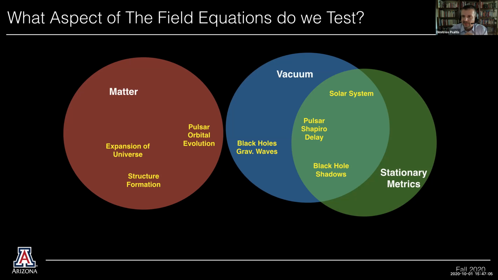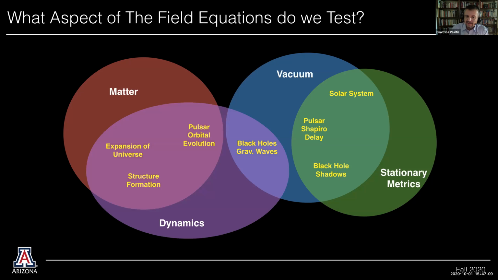It's independent of time. The metric around the sun doesn't change in time, whereas other tests talk about dynamics. Again, the accelerated expansion of the universe is about the time dependence of the evolution of the metric of the universe. Gravitational waves with black holes is about the time dependence of two black holes orbiting and coalescing. So you can see that